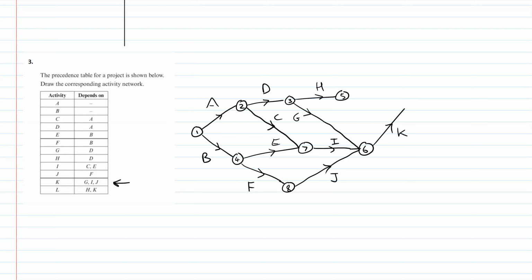K needs all 3, and then L requires H and K. So I need H and K to get L. So then we've got L. We're done. Okay, and this one, once you've seen it, it kind of looks easy to do, but it's